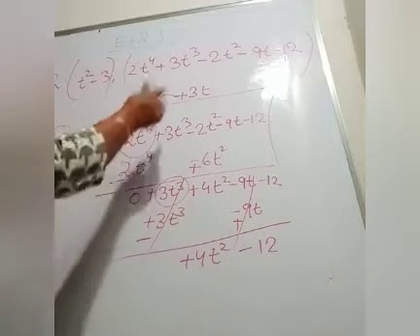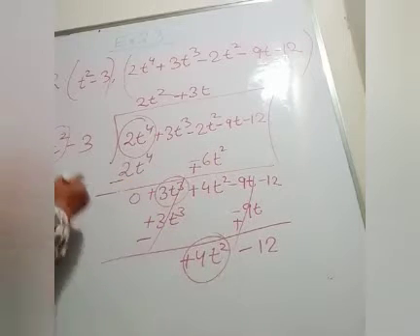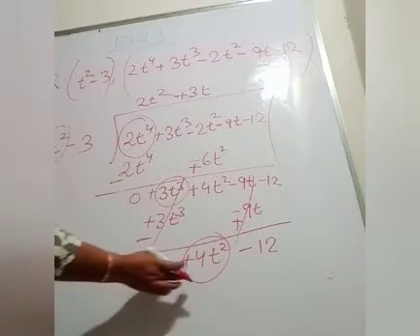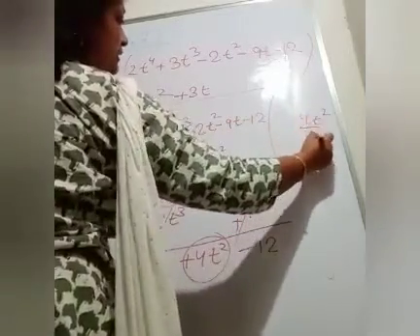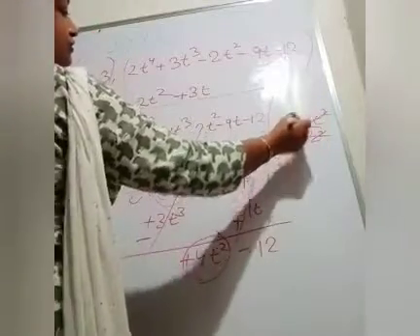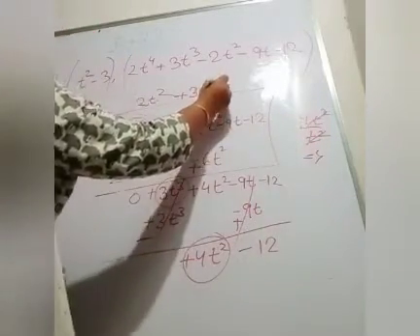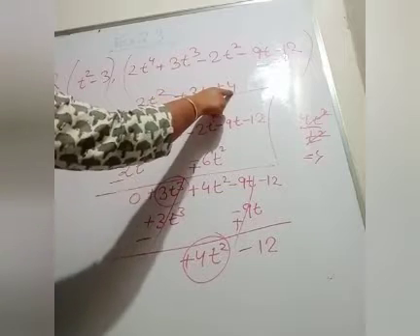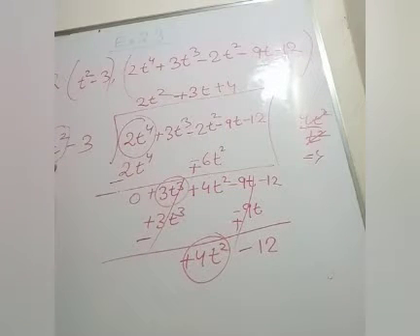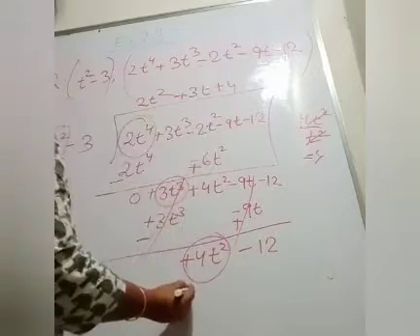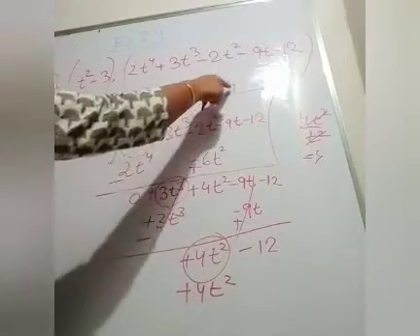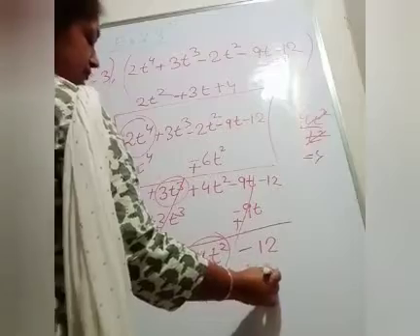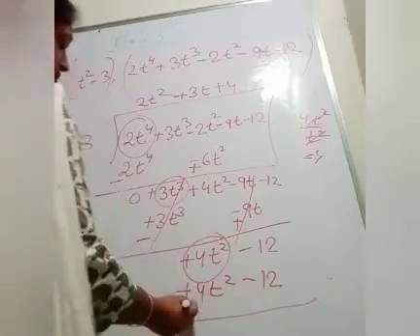So what will be the new quotient then? Take the first term and divide 4t square by t square. What will be the quotient then? 4t square by t square, the quotient will be 4. So write here plus 4. Now multiply plus 4 with t square minus 3 one by one. If I multiply t square with plus 4, what will be the product then? 4t square. Now minus 3 into 4 is minus 12. Now subtract, change their signs.